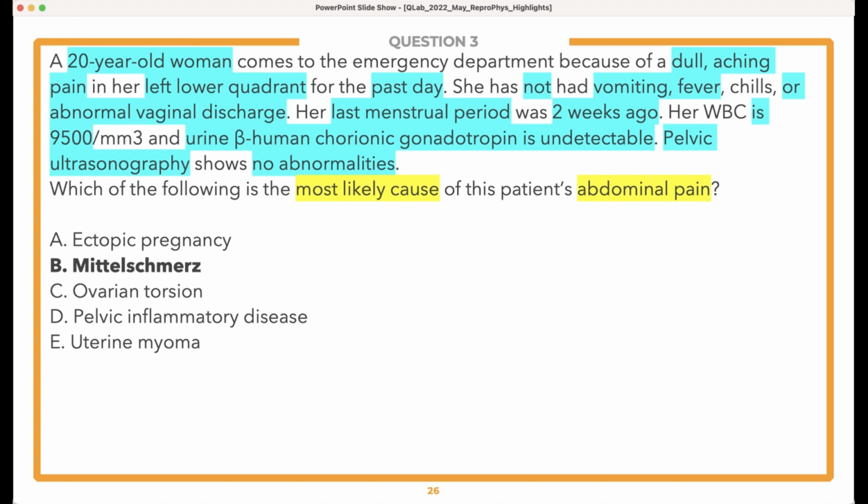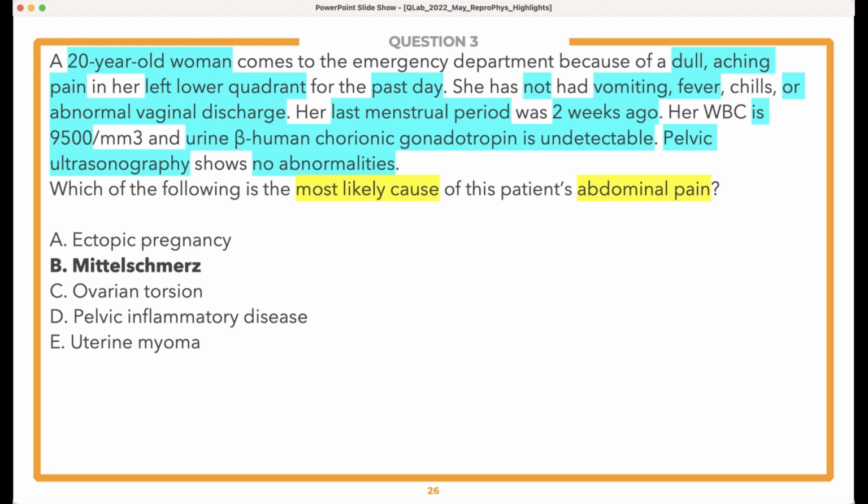Her HCG level is normal, so I don't think that this is a pregnancy or ectopic. We also know she has a normal ultrasound, so we can rule out a lot of those conditions that are also there on the other answer choices. Mittelschmerz is basically when you get abdominal pain on ovulation, and it's due to an elevation in prostaglandin